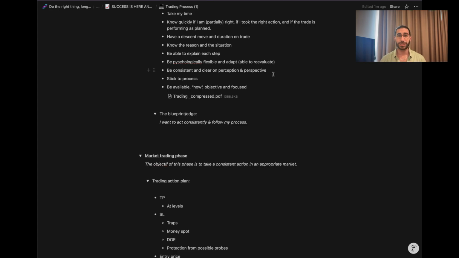Now, if I close my trade and then I see another opportunity or the movement is reversing to my level and I see the price going towards my TP or about to go towards my TP, then I get back into the market and I ride the full move. Okay?